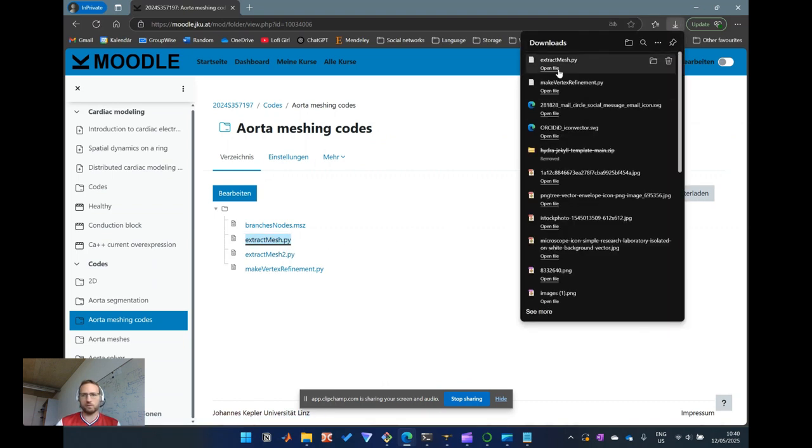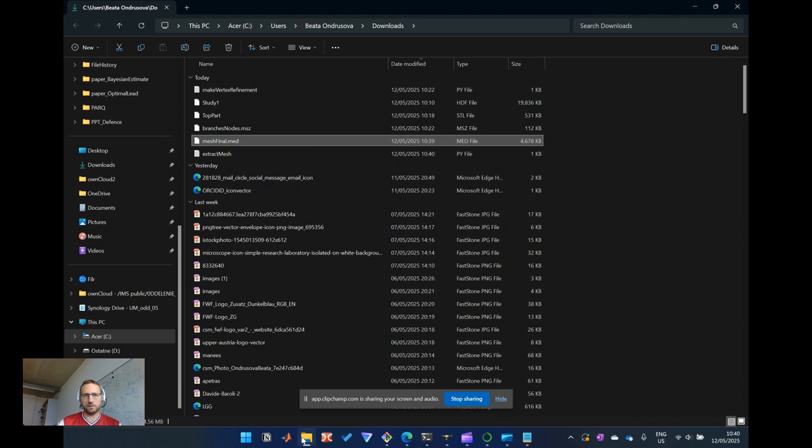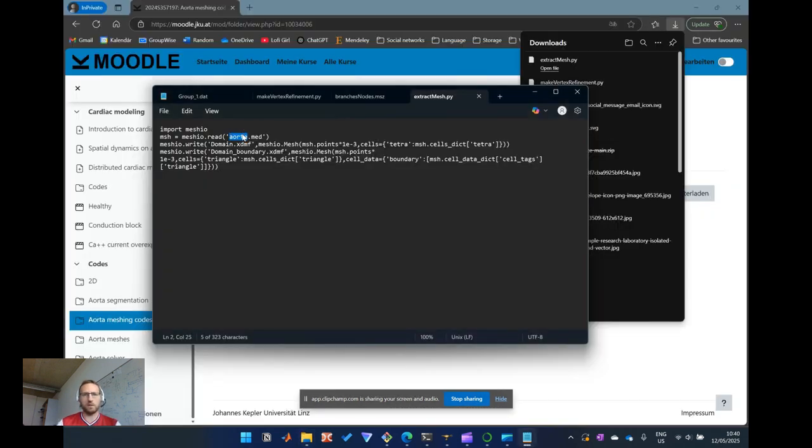And once you download it, you see that it uses meshio, and it reads the corresponding file, and it creates the mesh in a format for a simulation. And so just make sure that you have the correct file name. So here we named it mesh final.med. So we're just gonna type here mesh final,